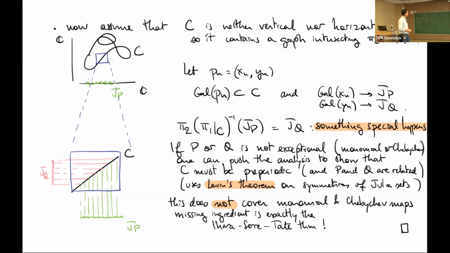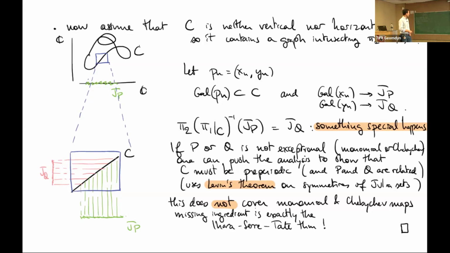So I know that there's a place in the curve where the curve is locally a graph, and the projection of this graph intersects the Julia set in the base of P. So you know that somewhere there's a small graph over the Julia set. Now you have many points in this curve, many preperiodic points in this curve. When you project down here, you have preperiodic points of P, and when you project down here, you have periodic points for Q. Now you know that again the Galois orbits are large.